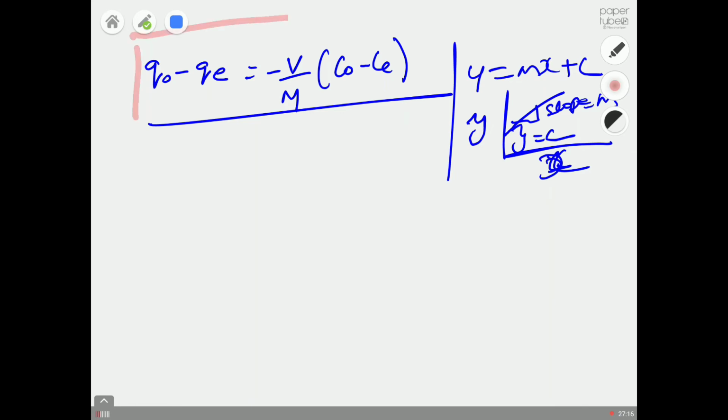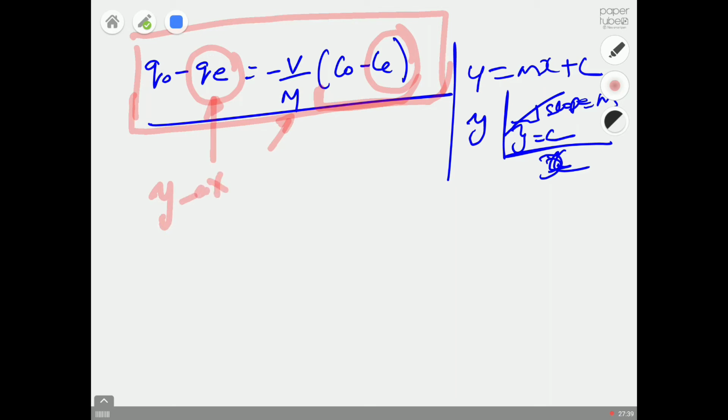So this is the expression we have, and you have QE, and then you have CE, and then you have V by M multiplied to this parameter C0 minus CE. If you have any expression like that, and if you plot this value on the y-axis and then this value on the x-axis,